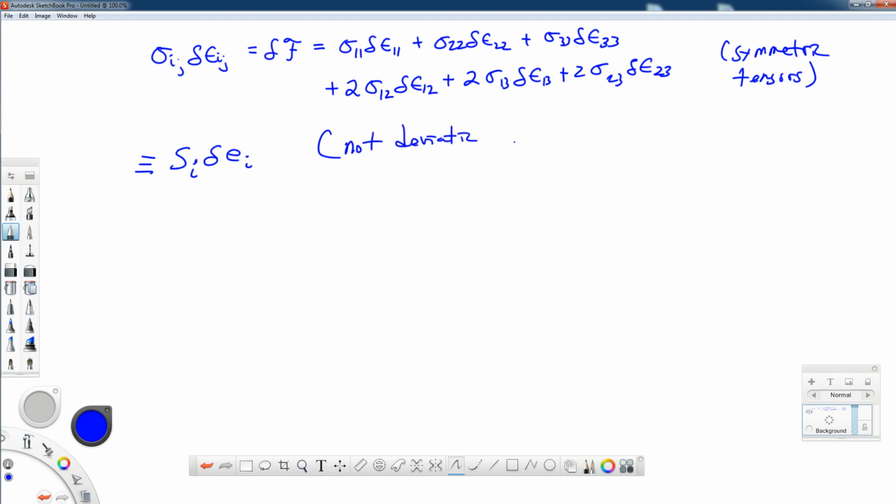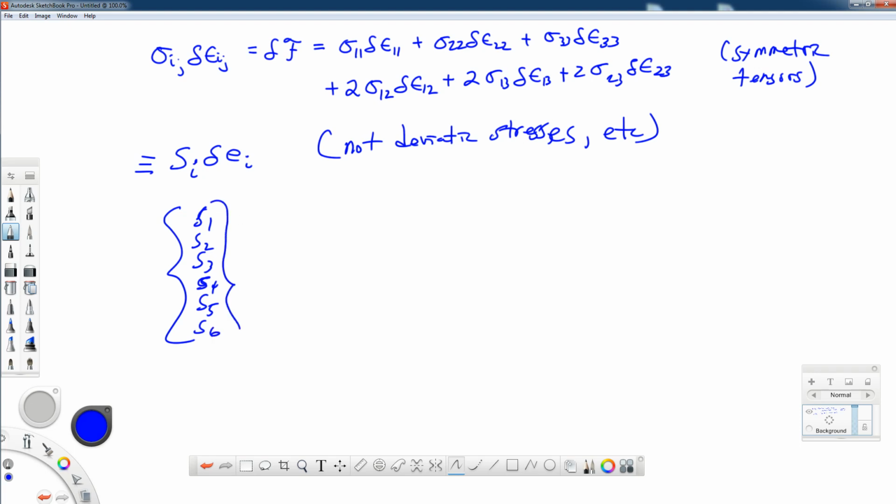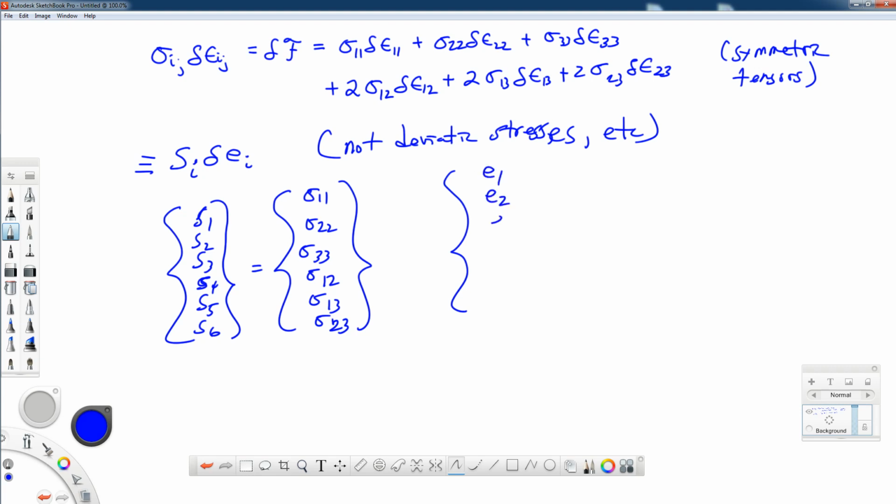And we've talked about deviatoric stresses. These are not deviatoric stresses in this notation. They're defined completely by this equation that we have above. So our S 1, 2, 3, 4, 5, and 6, that vector, if we want, can be defined in terms of our stress components, the 3 normal stresses, and then the 3 shearing stresses. And our E, our strain type terms,